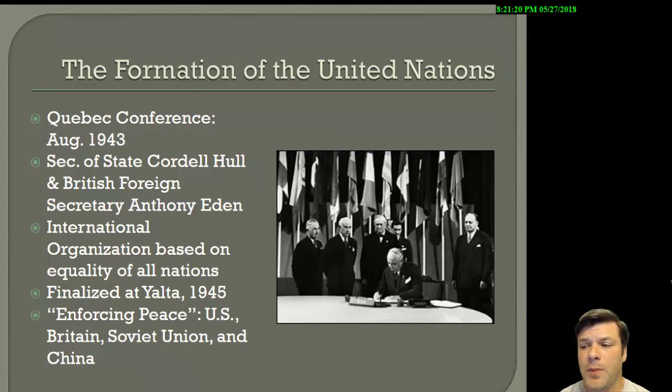For your notes, the first American delegate to the UN is going to be none other than Eleanor Roosevelt, who was a brilliant selection as a representative, considering she had long been an advocate for what you and I would call human rights. She had long been an advocate for peace. And she was still very active and would remain very active in politics even after the death of her husband, Franklin Delano Roosevelt. Right?